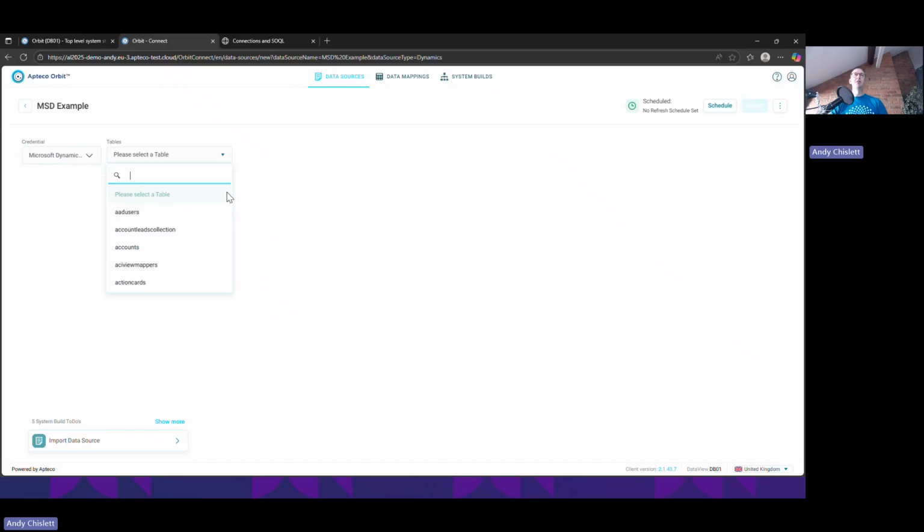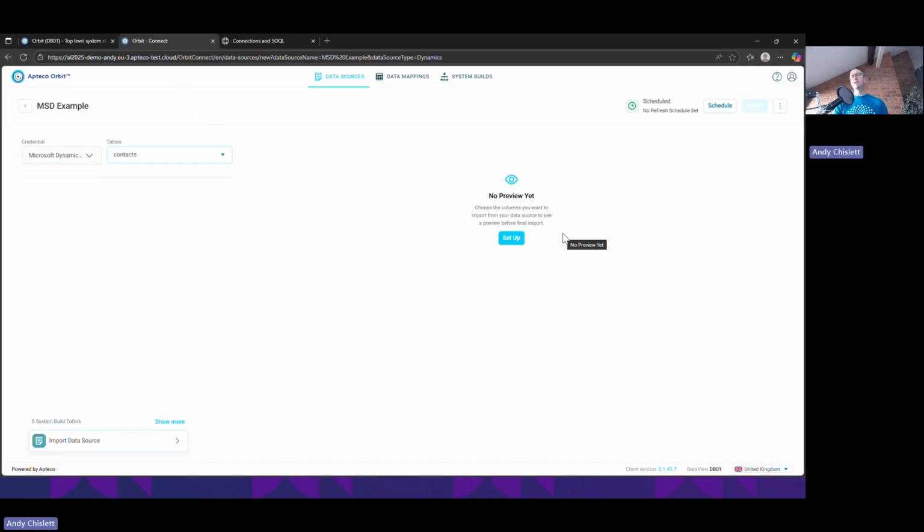The UI component we use makes that scroll bar smaller or larger depending on how many things it's got to display. And in this case, there's a very large number of items, so it's gone practically invisible. Luckily, we can search for items, so I'm going to look for contacts. There we go. So click on contacts table, and instead of getting a preview this time, we've got this setup